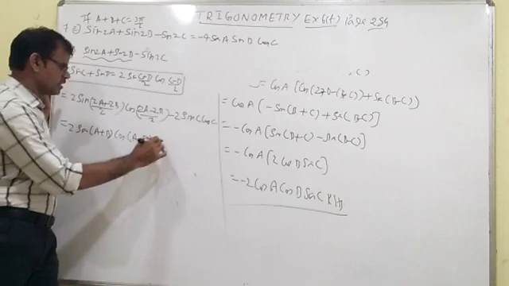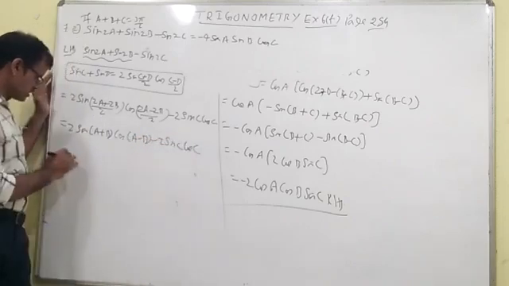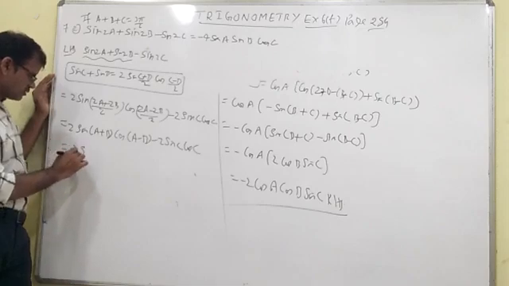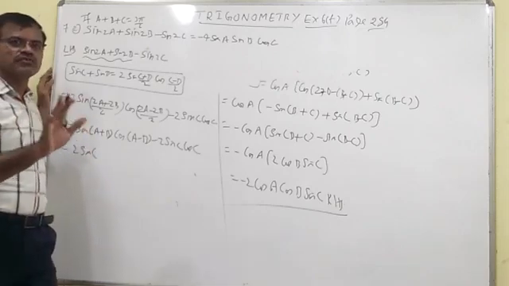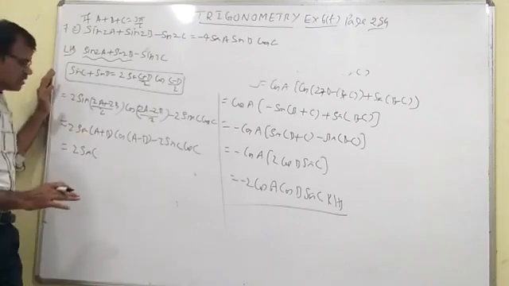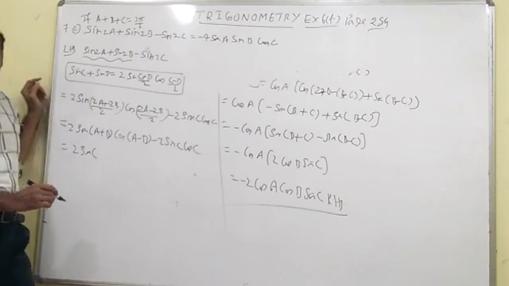2 sin of (a plus b) into cos of (a minus b) minus 2 sin c cos c, that is equal to 2 sin of... If you are unable to understand, don't try to listen simply. Okay, 2 sin of what is meant by a plus b here? 3 pi by 2 minus c,